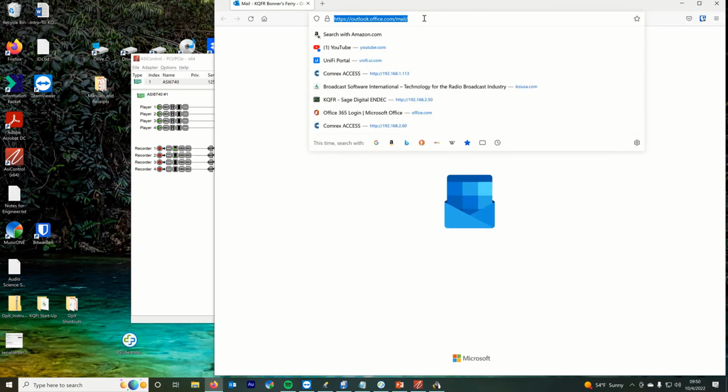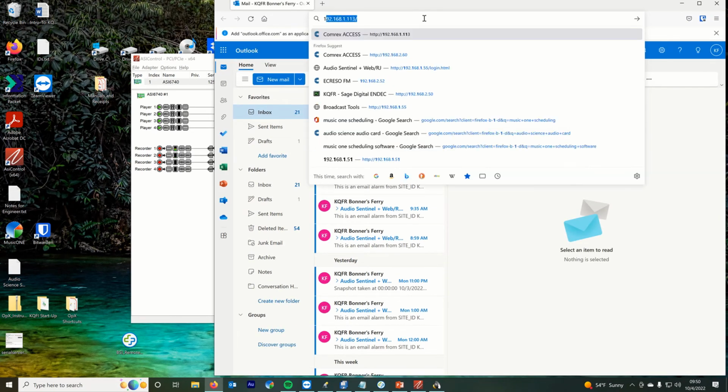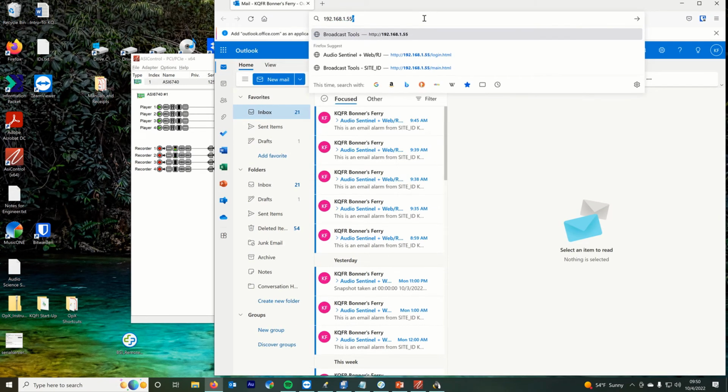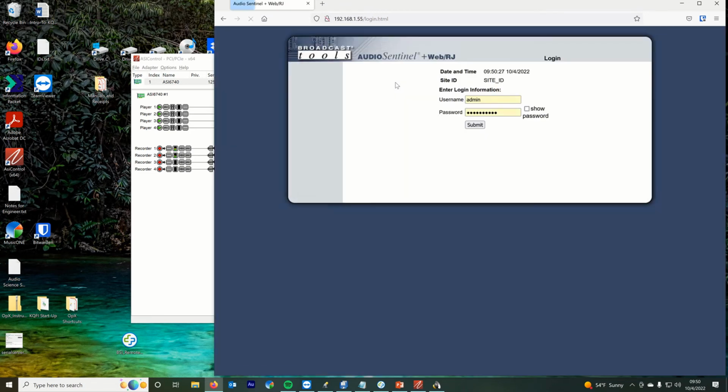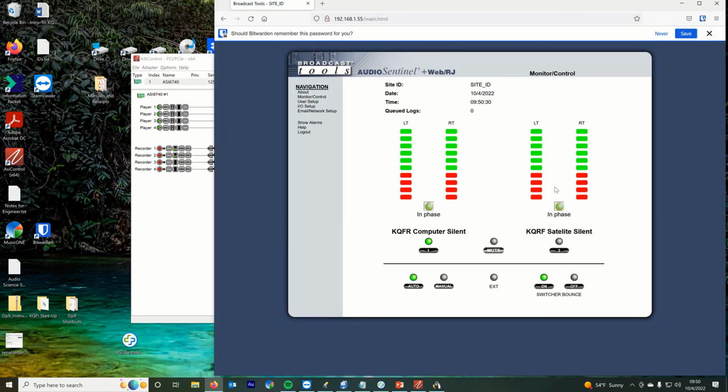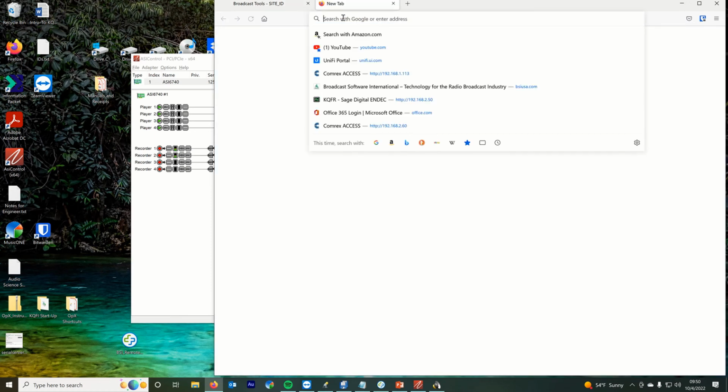We're going to go back to the Audio Sentinel, and now you can see that we've got audio coming into both, and because this is green, we know that's the one that's sending the signal to the antenna to broadcast. So we're getting audio in from line 1, we're getting audio into the silent detector, and if we want to check the other one, we can do the